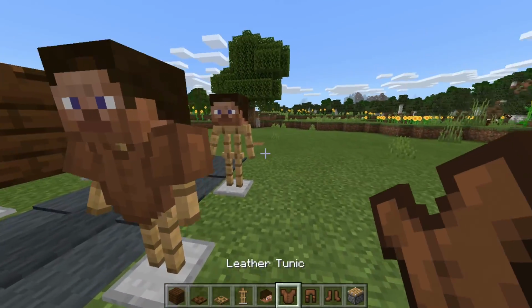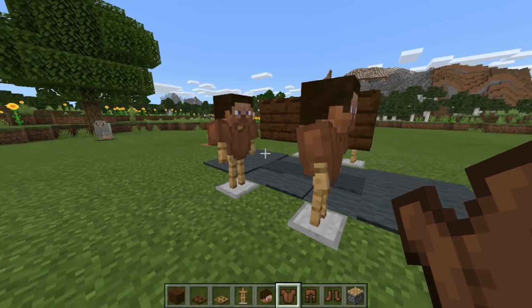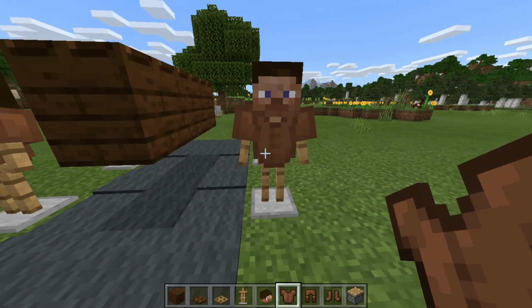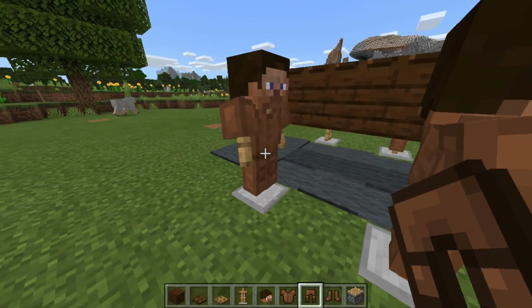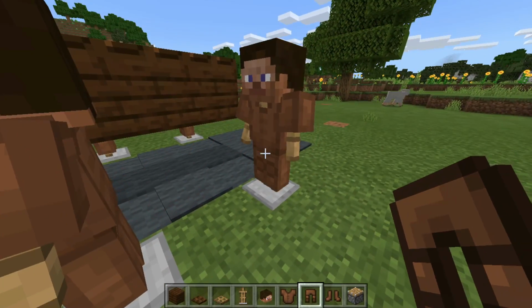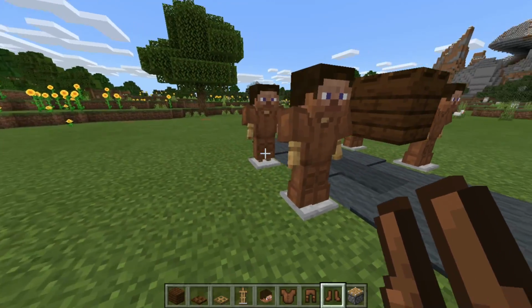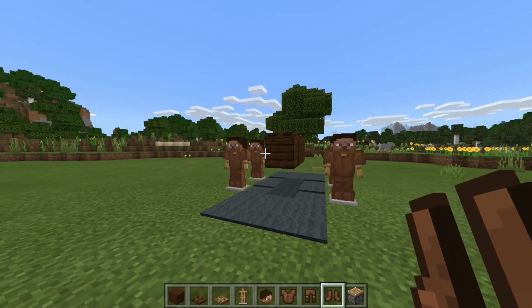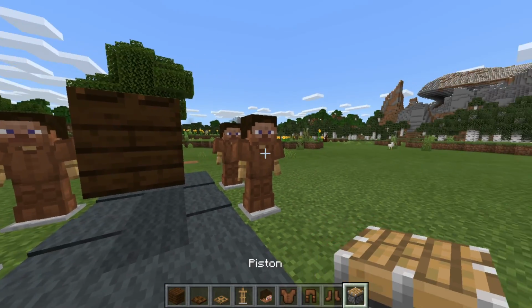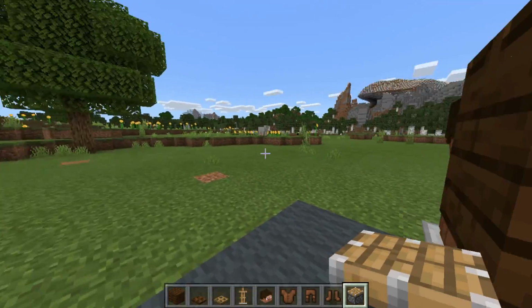Then put some leather armor on all of them. Because, I mean, we don't want them walking around without any armor. I mean, it might scare some people. So let's put all their armor on. I like to use leather because it actually looks like the guys that were dancing with the coffin, which is pretty cool. And now all you have to do is take your piston, place it down on the ground,